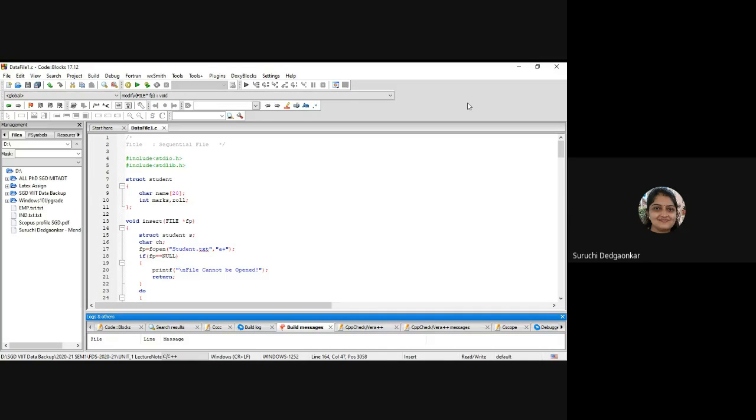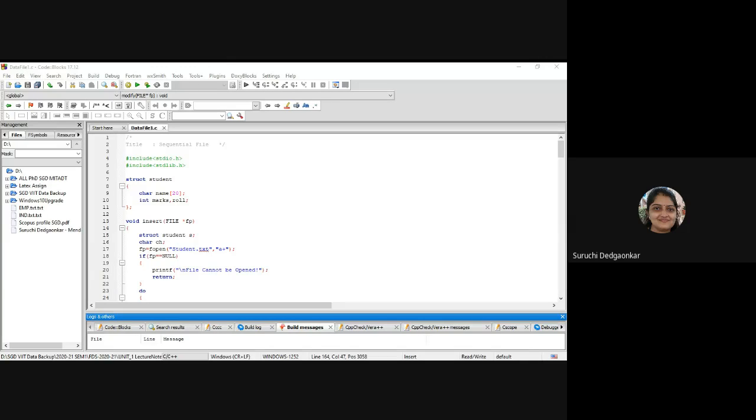There are the first 4 or 5 programs which you can work on with this much of unit 1. My suggestion is you try all these programs and we'll go ahead with the next concept. Is it clear? How to do database operations? We have to write the code for all the operations: insert, display, delete, search, modify.